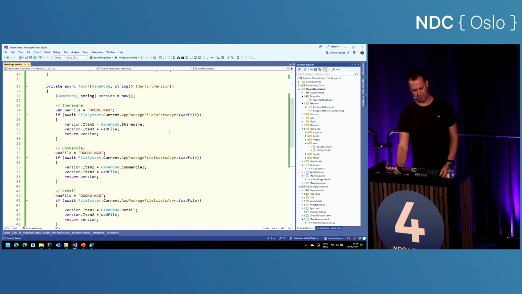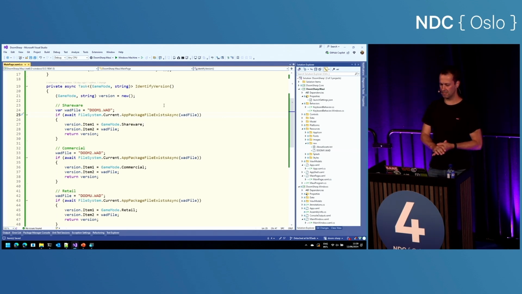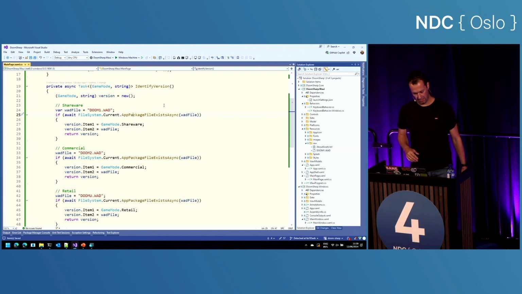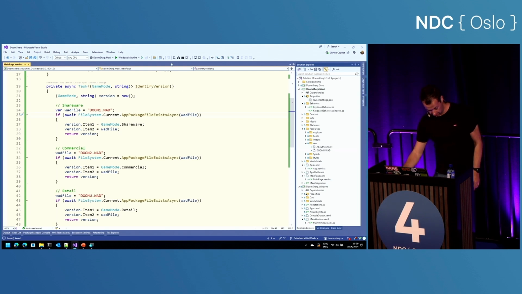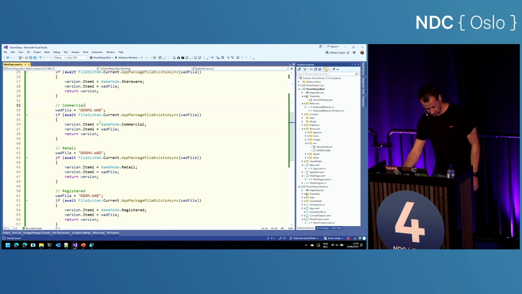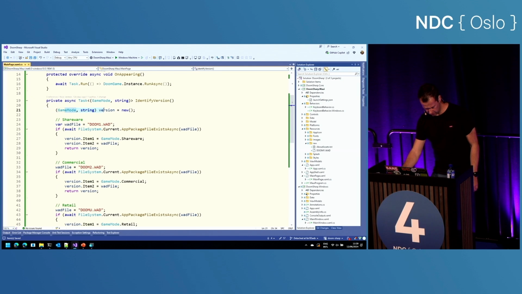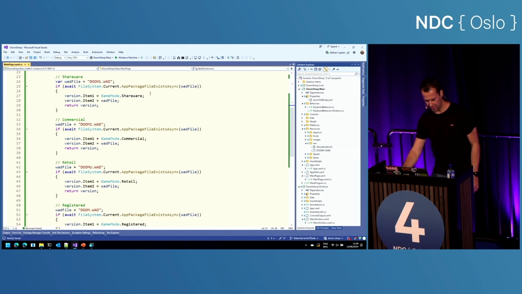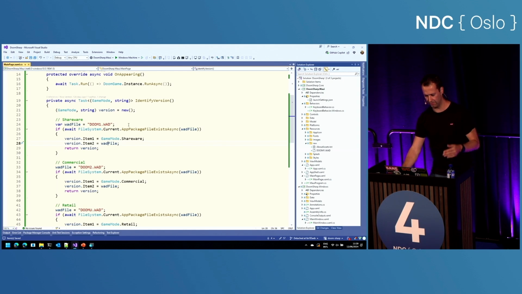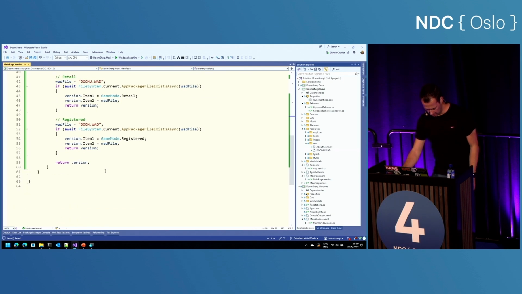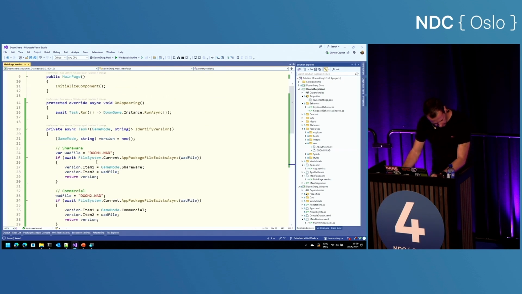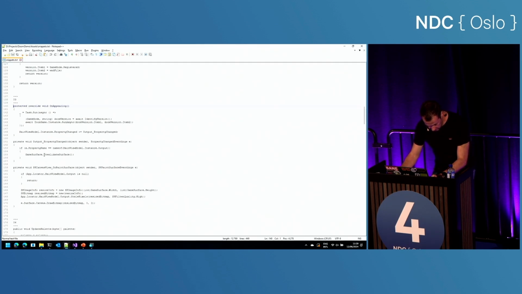So the way to do it in MAUI is to use your file system APIs. And there they have a method that says app package file exists async. So this checks if these files all exist, and based on the name, they will set a version, which is a tuple of game mode and string, and just set it to whatever version this is and what the path of the WAD file is, or the name. It will return that version, and then I've got yet another snippet.